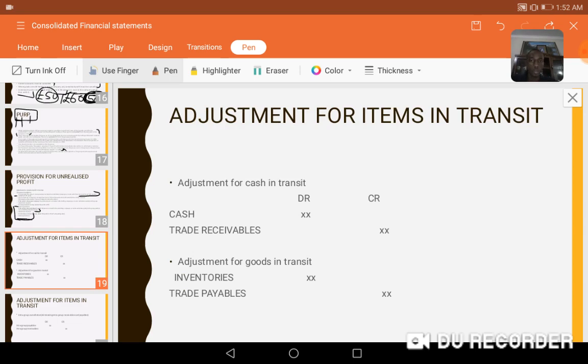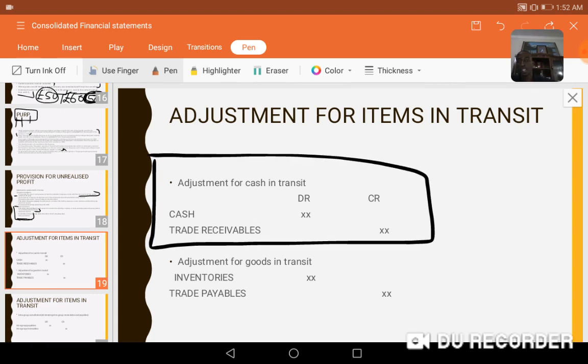Adjustment for items on credit. I have spoken about it earlier, on slide number 15 or 16, for the goods. But for summary's sake, for cash in transit,